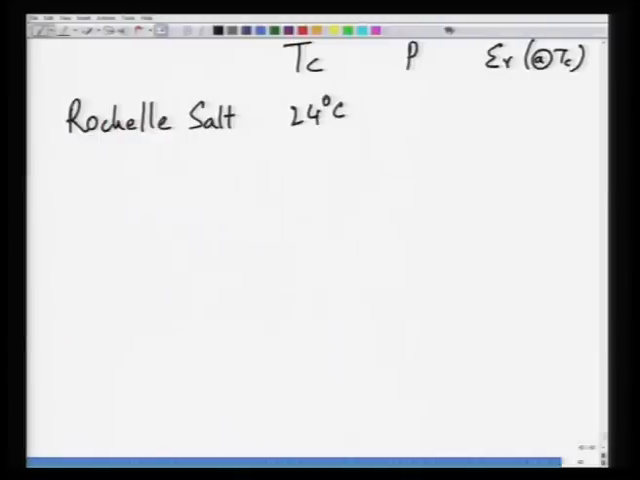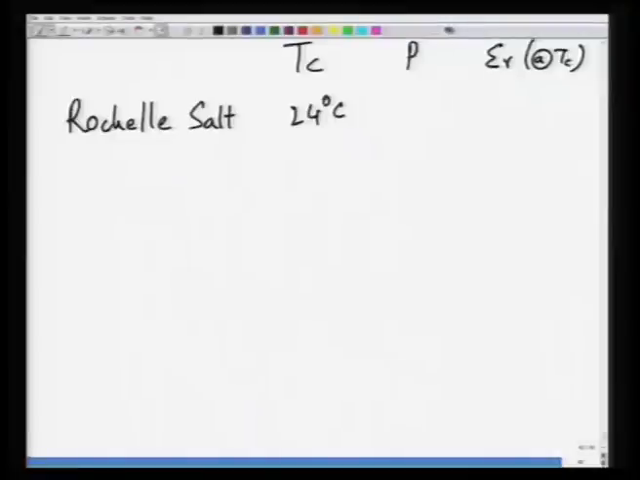That is why Valasek could observe it in Czech Republic at 24 degree centigrade, because if he was in India, he would not be able to discover the ferroelectric effect, because in India, temperatures are higher than 24 degree centigrade. He would have to be here in winter to observe ferroelectricity in Rochelle salt. But in Czech Republic, 24 degree centigrade is considered a high temperature. So, as a result, he could discover the ferroelectricity. So, 24 degree centigrade is the transition temperature. Polarization in microcoulomb per centimeter square is about 0.25, not a very large polarization,